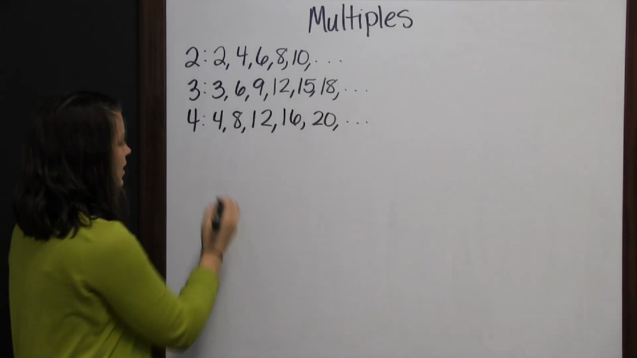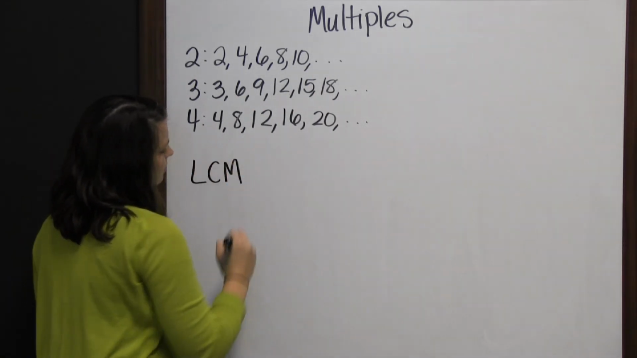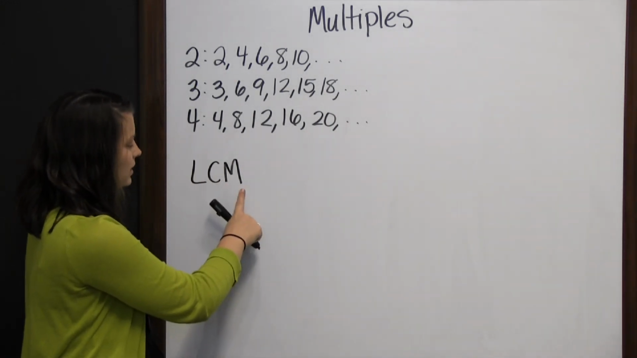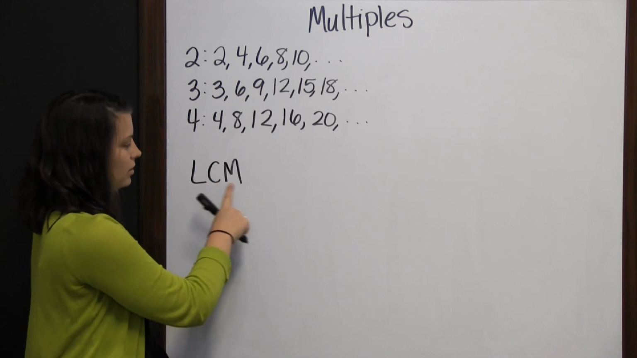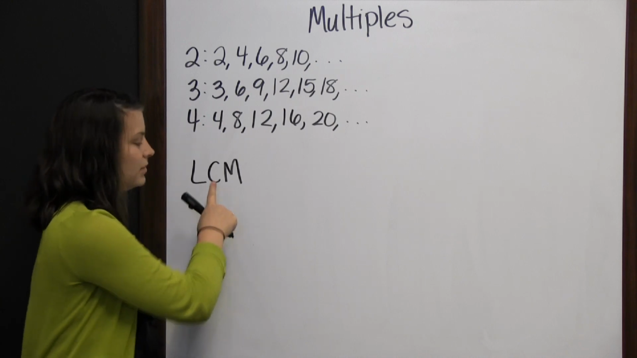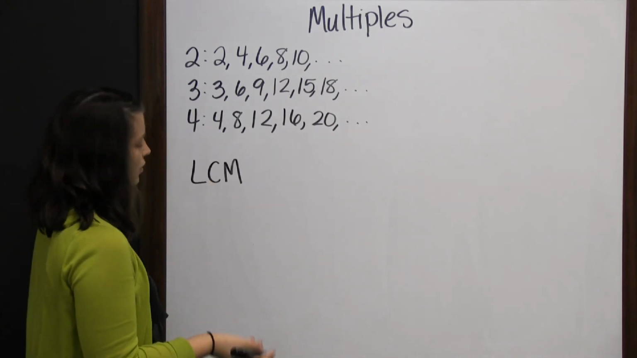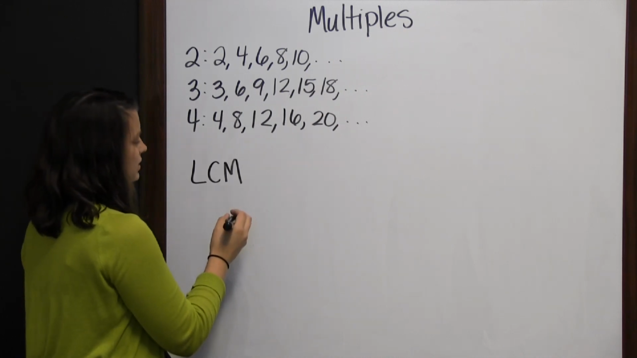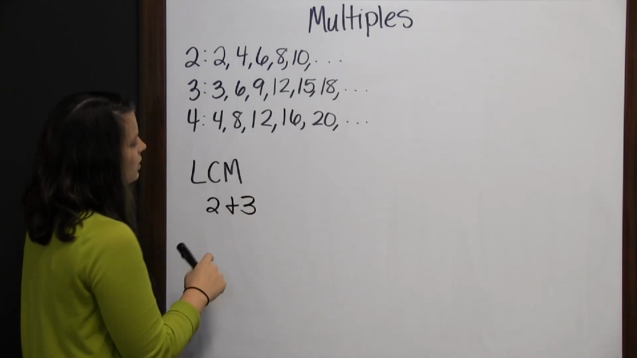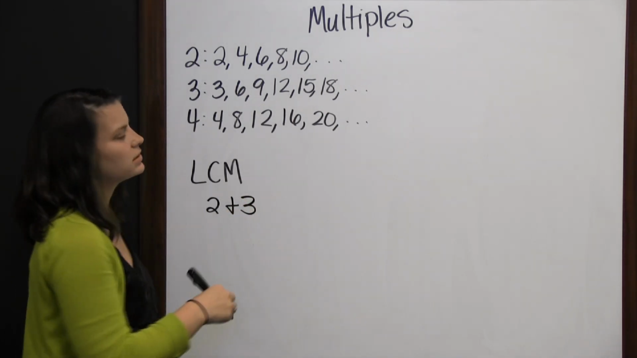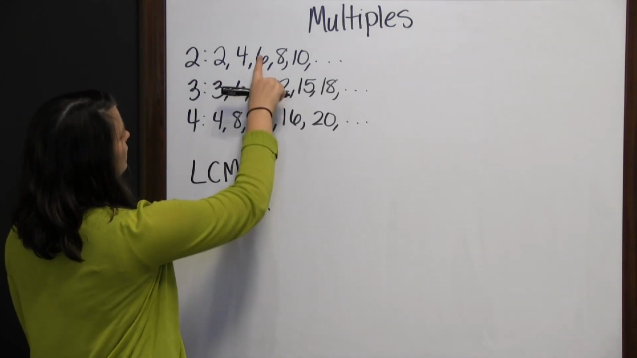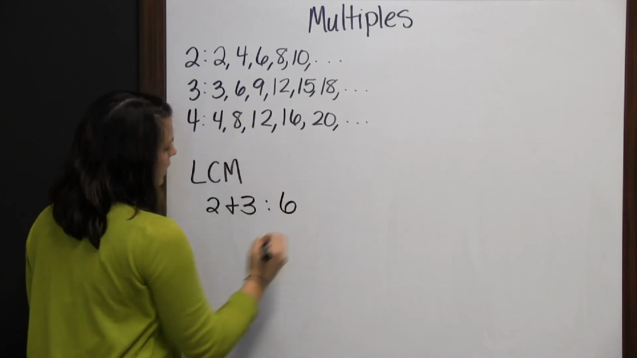Sometimes you're asked to find the LCM of 2 or more numbers. The LCM is the least common multiple. Least meaning the smallest, common meaning the same, and multiple. So if we wanted to find the LCM of, let's say, 2 and 3, the least common multiple of 2 and 3, so the smallest number that 2 and 3 have in common, would be 6. So that's the LCM of